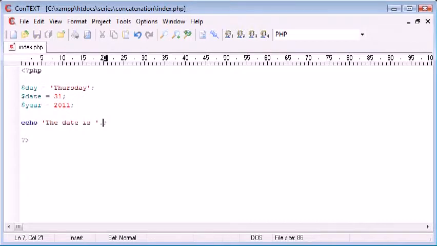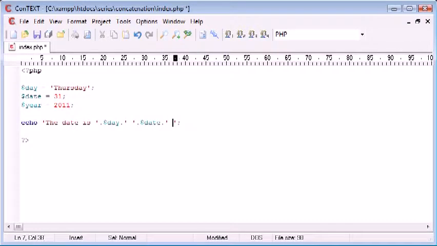Then what we need to do is just simply address the variable that we want to echo. So this is still all included on the echo line. If we put the day here, it's still going to echo out day, even though we haven't pre-put echo in front of it. So concatenation just basically means we're joining something on to the string that we're already echoing. So the date is day, then we want a space, so I'm going to concatenate on a piece of string data with just a space inside, and I'm going to concatenate on as well with another dot date, and then